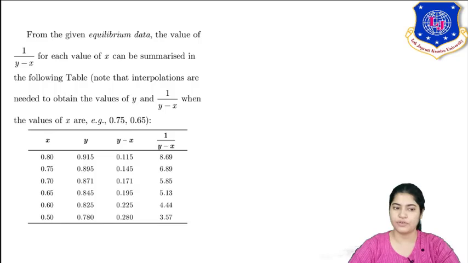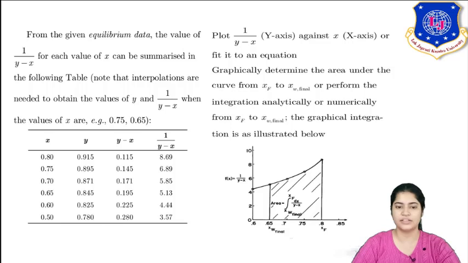Now, moving forward, how will you solve graphical questions, okay. See, in the exam, X would be given, Y would be given, okay. So, you can find out Y minus X and similarly 1 upon Y minus X. This is the mathematical value, okay. We are talking about the area under the curve here. So, what you will do is plot 1 upon Y minus X against X.